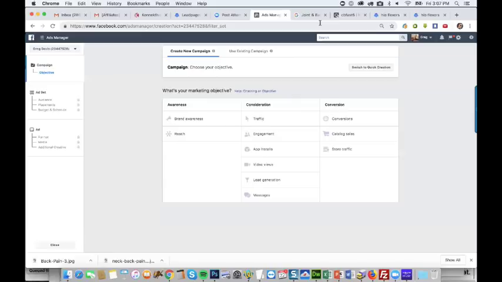Now you can set a bid cap, so you can say, okay, I'm only willing to pay up to $25. But I would advise you not to set a bid cap, because it greatly reduces your traffic, since they're trying to make sure they don't go over that. The Pixel doesn't know anything yet because there haven't been any sales, so it's going to slow you down big time. I would just leave it at lowest cost. Once you get some data, you can always use a bid cap, but I normally don't.